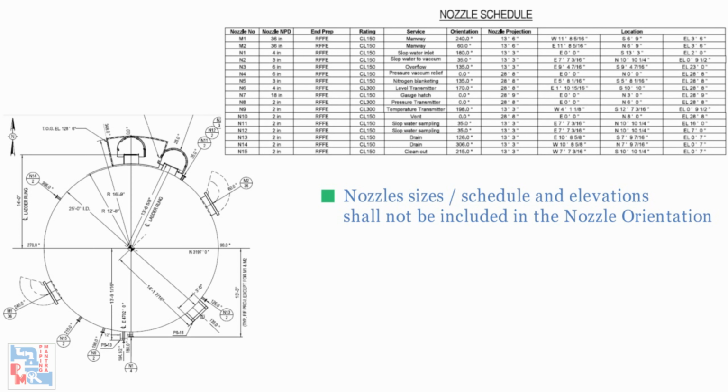Nozzle orientation shall be developed with 0 degree aligned to the plant north and incremental degrees shall be indicated clockwise. Permanent access platforms shall be provided to all manholes, valves and spectacle blinds. Permanent ladders shall be provided for access to instruments. However, project-specific operational requirements shall govern. Reference grade elevation shall be indicated on the nozzle orientation drawing.